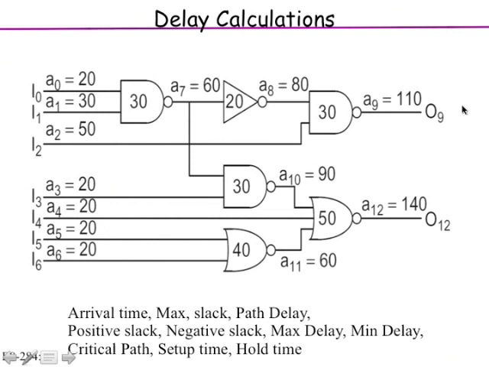Similarly, I1 to OG is also 110 and so on. So would it be a problem with inputs of different arrival times, like at the output you get malicious outputs? Okay, so here if you see the inputs are coming at different times. Inputs are changing at a particular frequency, different inputs I0, I1, I2. Then there will be malicious outputs.